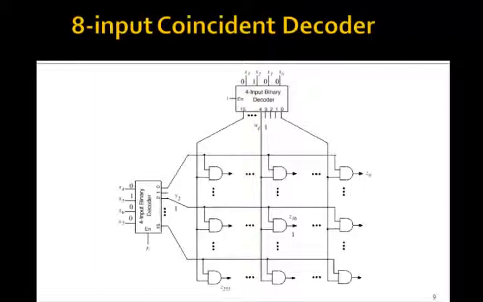This is what's called a 4-input coincidence decoder. There are two 4 to 16 decoders. This one provides all of the columns. This 4 to 16 decoder provides all of the rows. And at each intersection there's an AND gate. So for example, this shows an example where the 8-bit input is 0010,